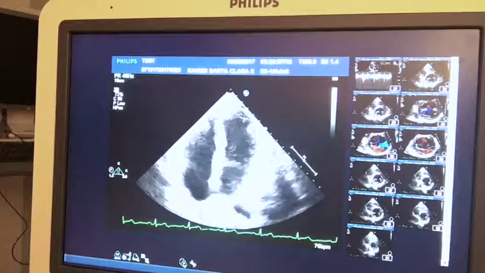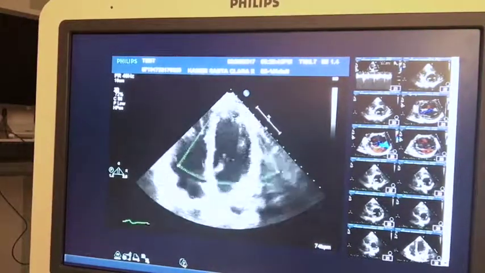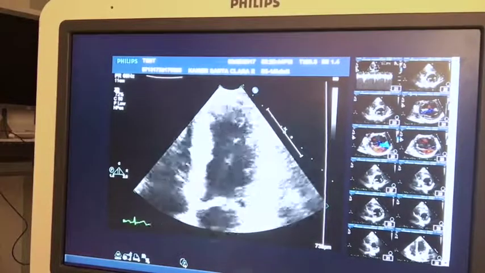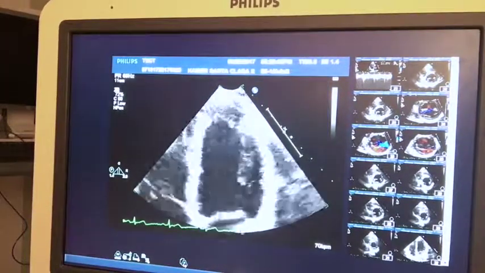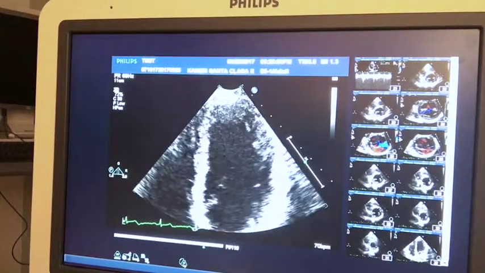So now I'm going to focus on all 4 chambers. This is a 4-chamber apical view. Next thing I want to do is zoom in and start asking questions about these chambers in order. So I typically start with the left ventricle, and from the top right picture, it's the left ventricle,